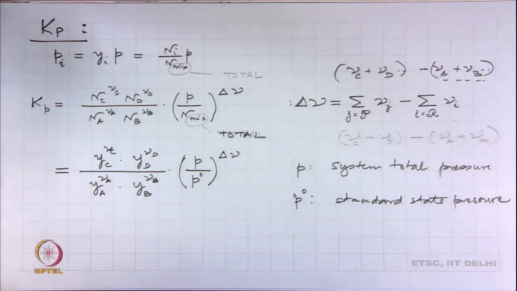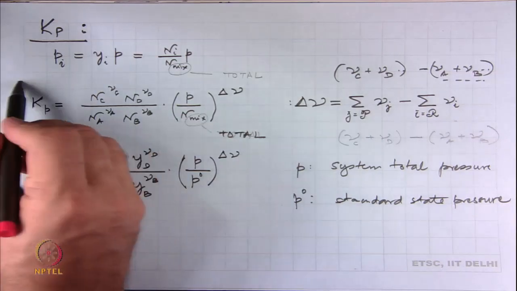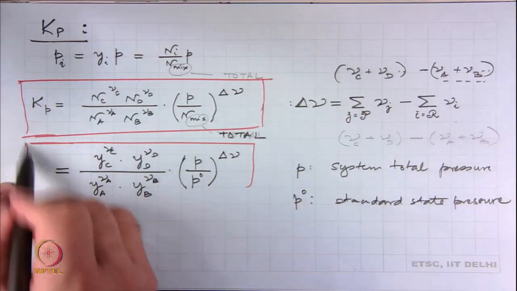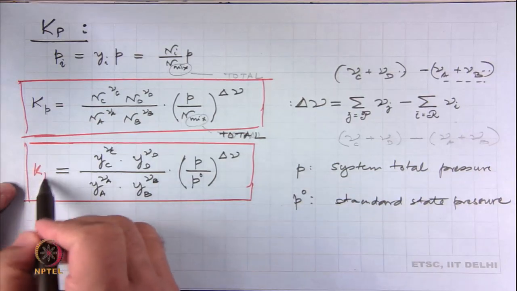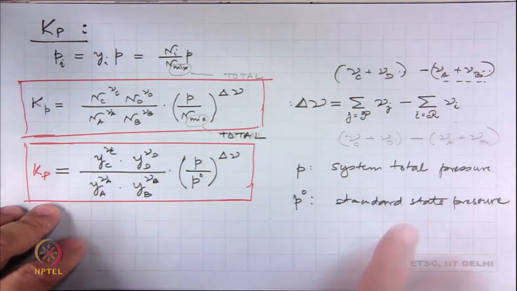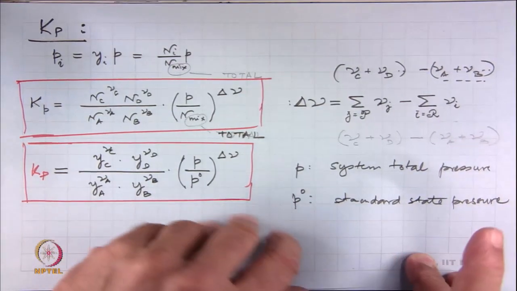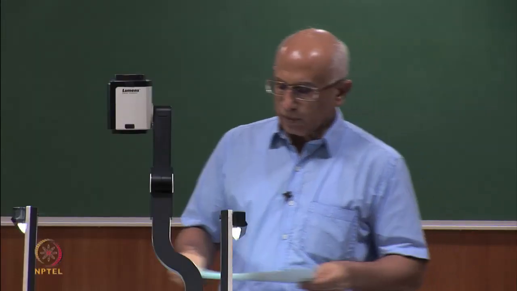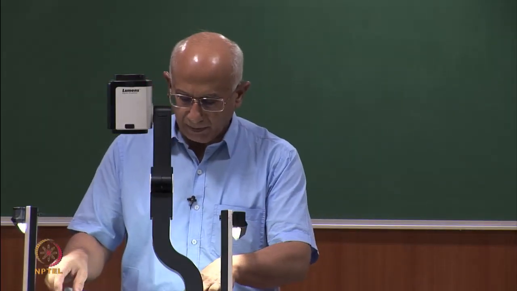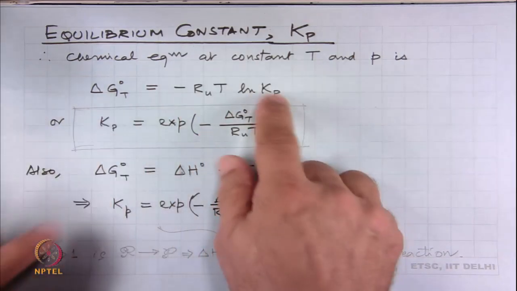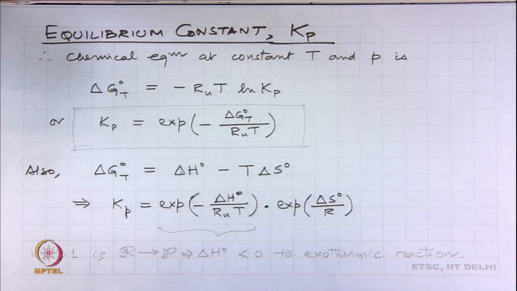So, we have two more expressions coming up from our earlier definition of the equilibrium constant. One could be in terms of the moles and the other in terms of the mole fractions. They are all equivalent as long as the substance is in gaseous state. Now, we put this expression back in the relation that we had. Now, delta G 0 becomes minus R u T ln K p, where it was this big expression in this equation there.